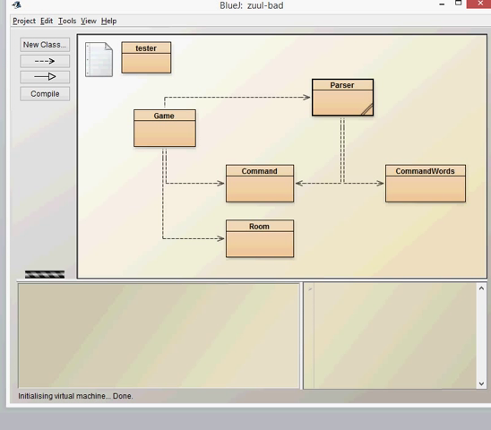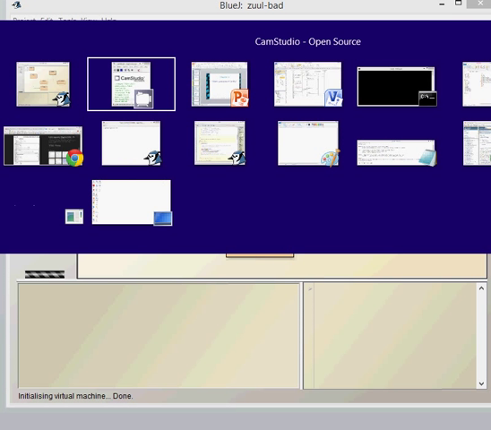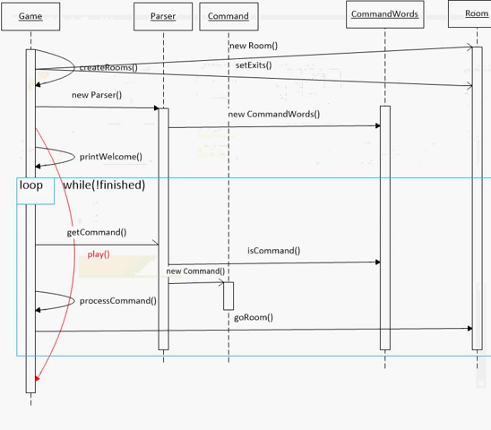Again, we've got the 5 classes there which we're going to consider, and let's just remind ourselves now of the sequence diagram of what happens. Effectively, the game application runs, creates a number of rooms which have been pre-configured, and sets the exits for those rooms. The game class then creates a parser object, and the parser object then goes ahead and creates the command words object, which has the list of command words. A little print welcome is provided by the game class itself, and then it goes into the main while loop